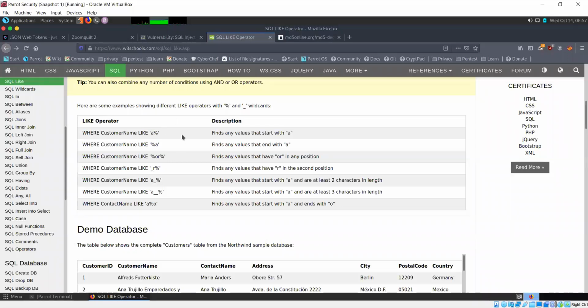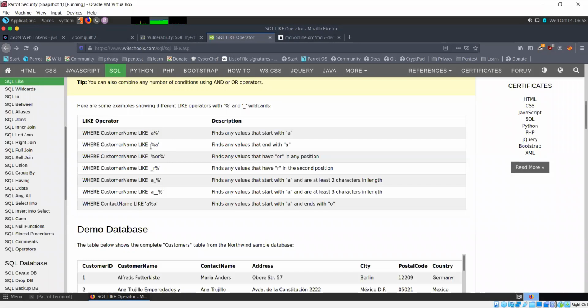That means that value should start with A, and after A there could be anything. It could just be simply A alone, or any number of characters following A.